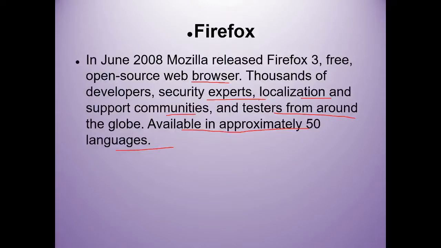Firefox is open source, so you can download it from the internet. Thousands of developers have developed various plugins, add-ons, and development tools for this web browser. Security features and extra support communities have also been implemented under Firefox.